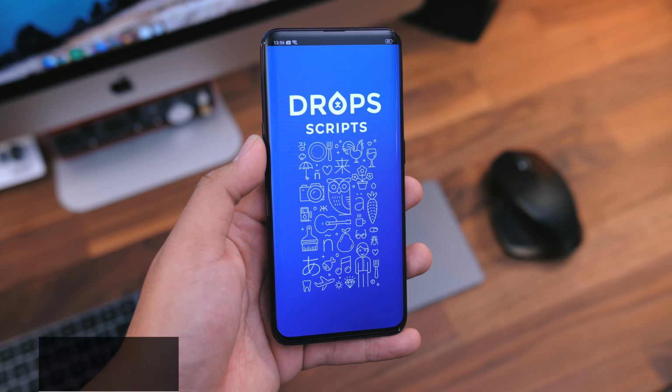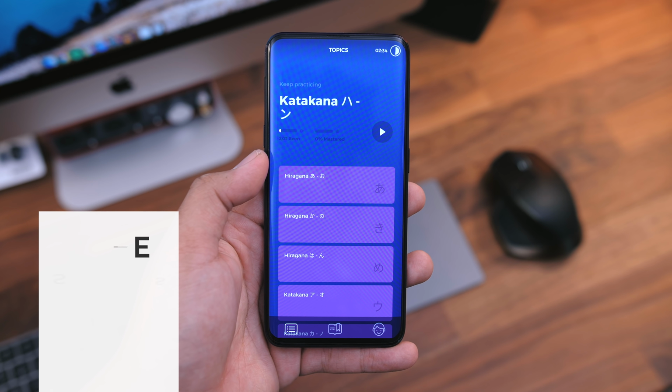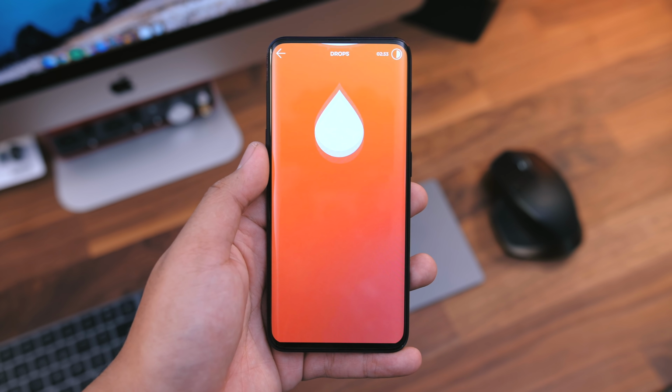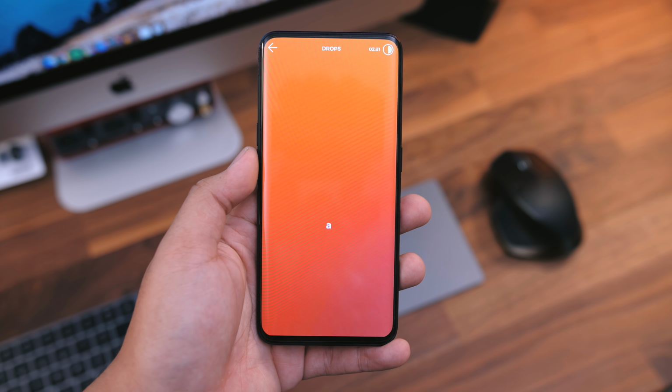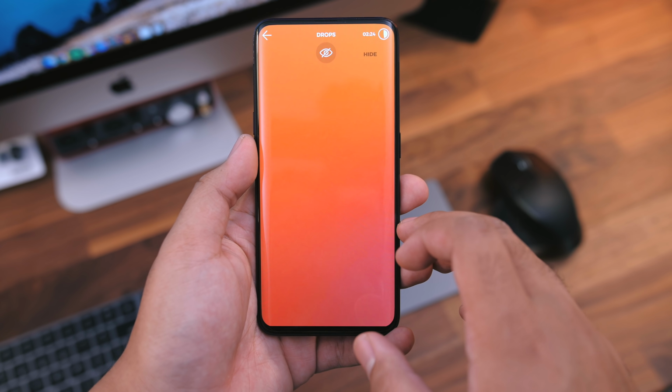Alright, now halfway down the list we have Scripts. With this app you can learn how to read and write Chinese characters, the Korean alphabet, or even the Japanese writing system. I think one of the best parts of this application is its user interface. Everything is nicely laid out, it's got nice colors and effects,